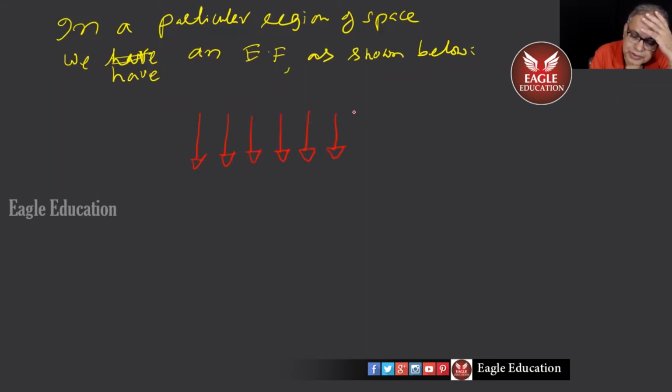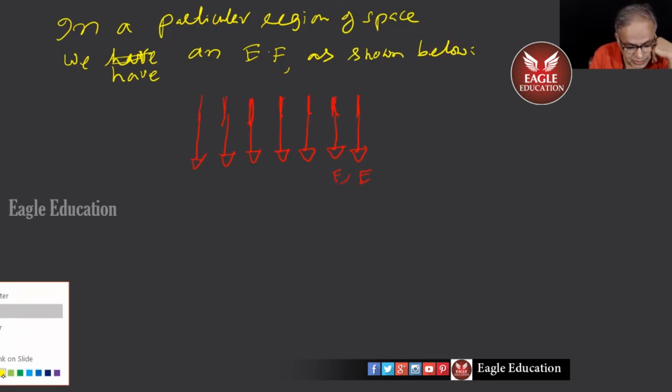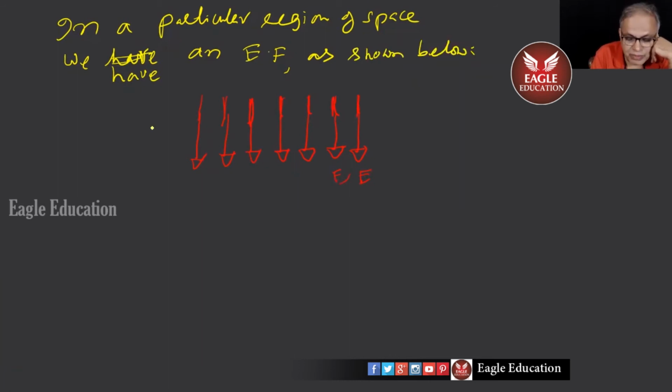The electric field is limited to this region. They're all parallel lines, as I showed. And remember, everywhere this E was the same. The E vectors are all the same length and the same magnitude. Into this field, someone projected one electron with some velocity v. What will be the path of the electron?